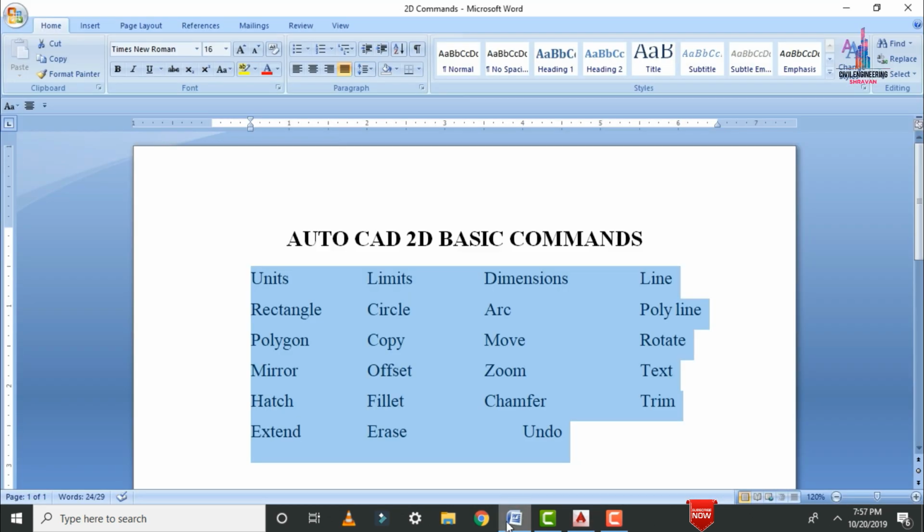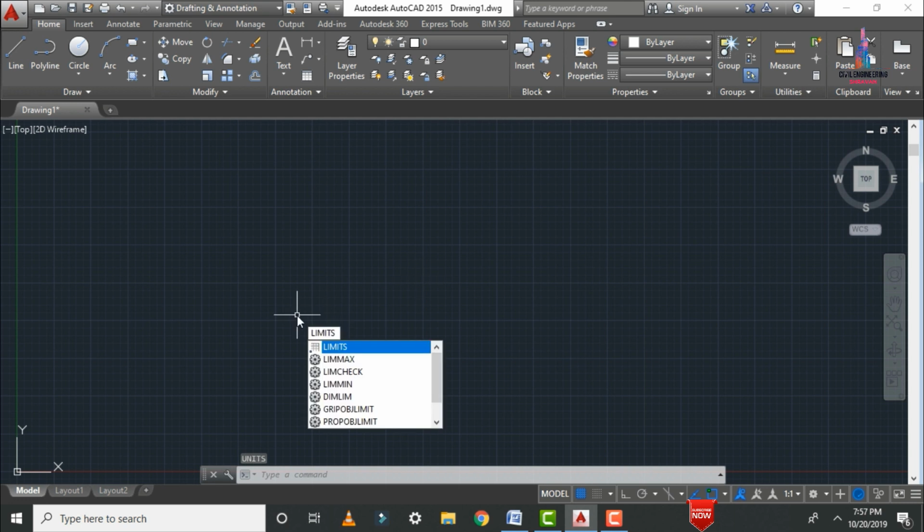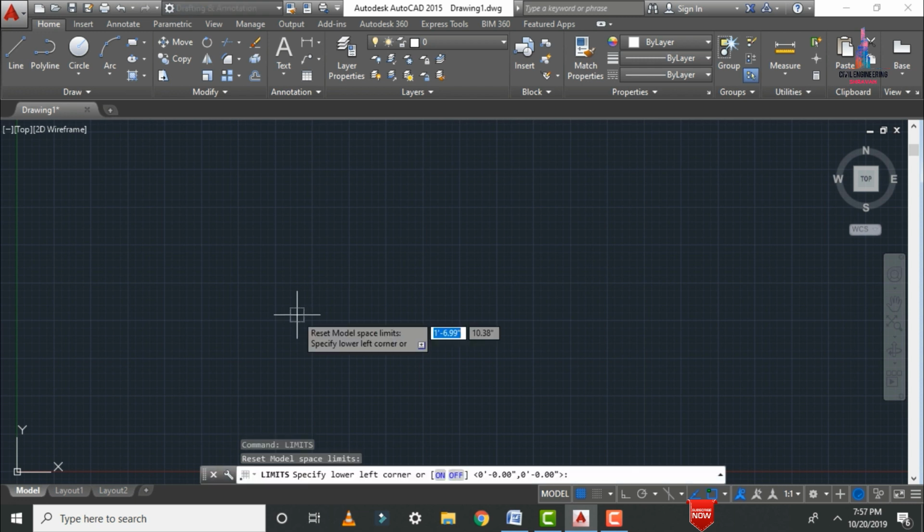The next command is the limits command, which is also an important section. Initially it will ask you to specify the lower left corner. Here I am considering 5 feet 0 inches as the lower left corner. Click enter.